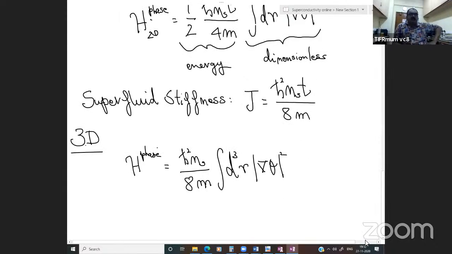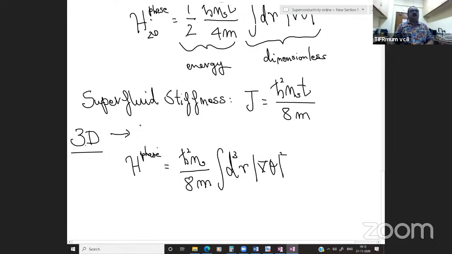I have to apply some physical arguments, and even if I cannot get the exact value of the superfluid stiffness, I can get a bound. Let's say, what's the lowest value of the superfluid stiffness that I can get? If that value happens to be much larger than the gap, then of course it's an irrelevant energy scale. Very large energy scales I will never excite. So what's important for me to know is the lower bound.